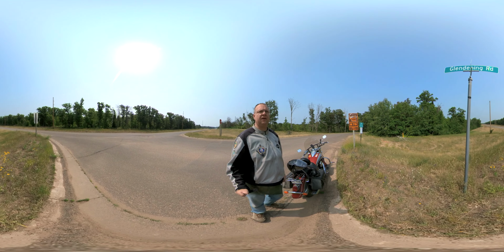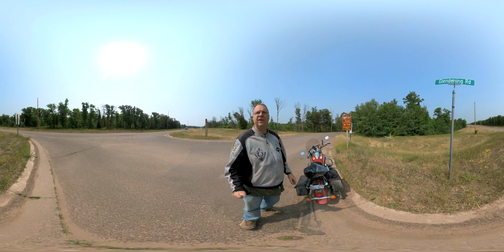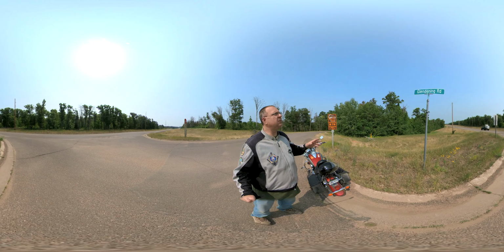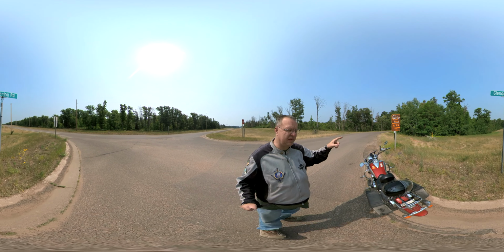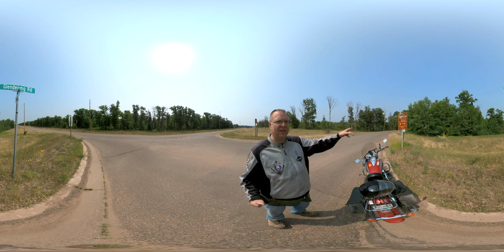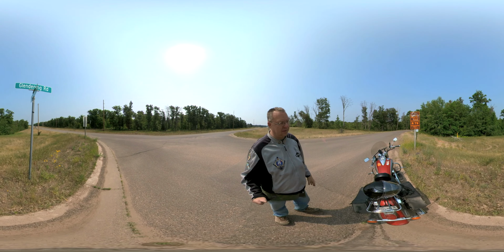All right, everybody, here I am in northern Wisconsin, just off of State Highway 35, and yeah, it's a busy road, but we are at Glendenning Road, and this is Rustic Road 79. This is actually a very short road. It says 1 mile. I think it's technically 1.2 miles. I'm not sure exactly,